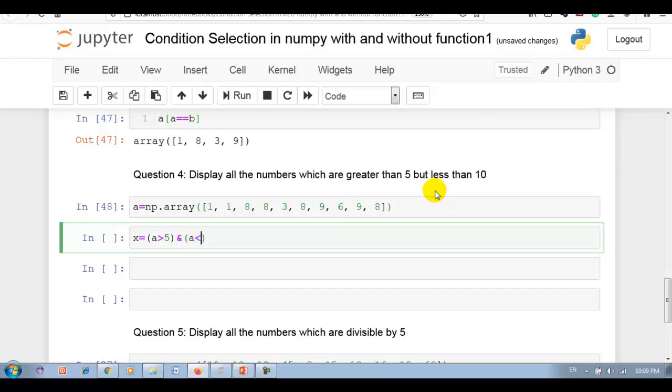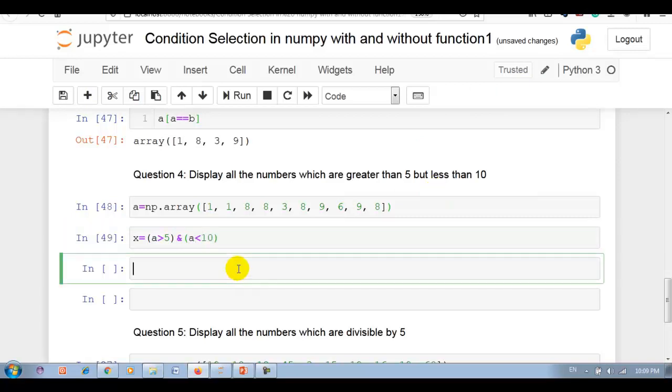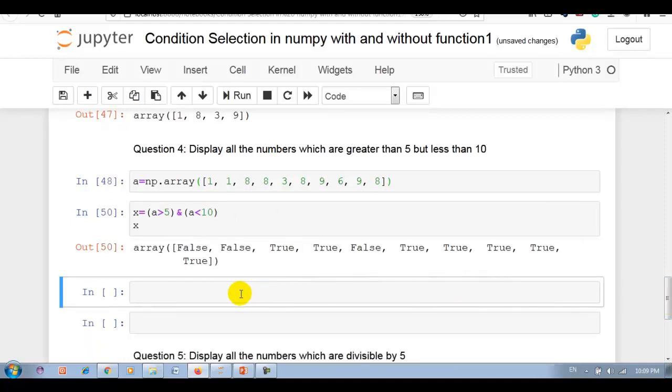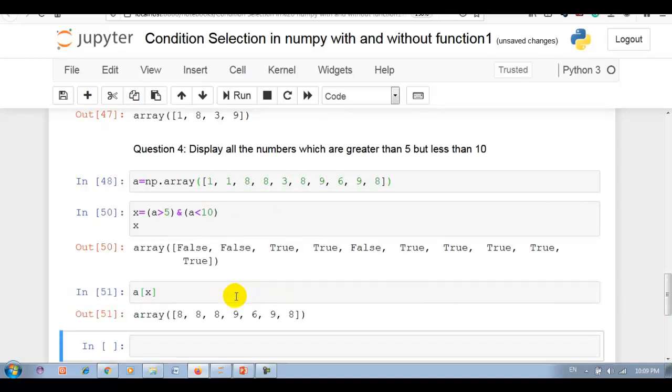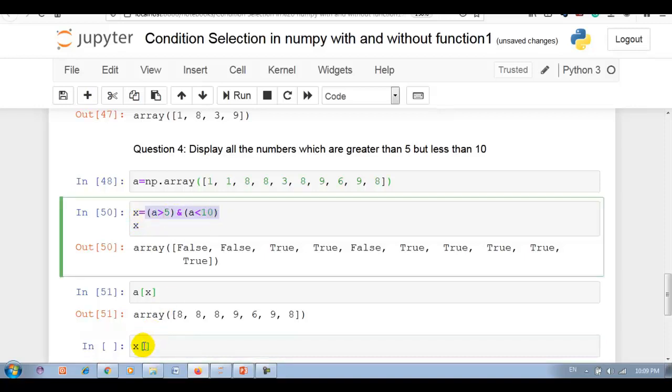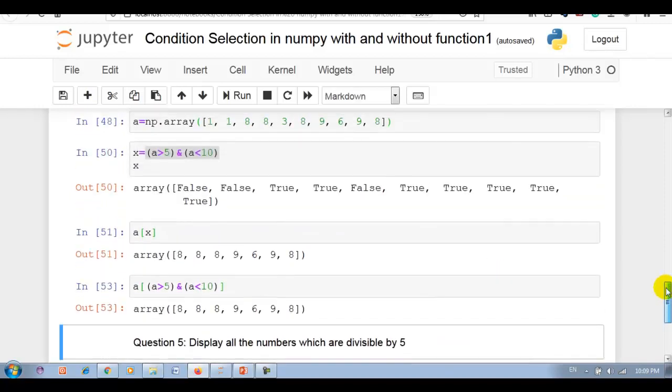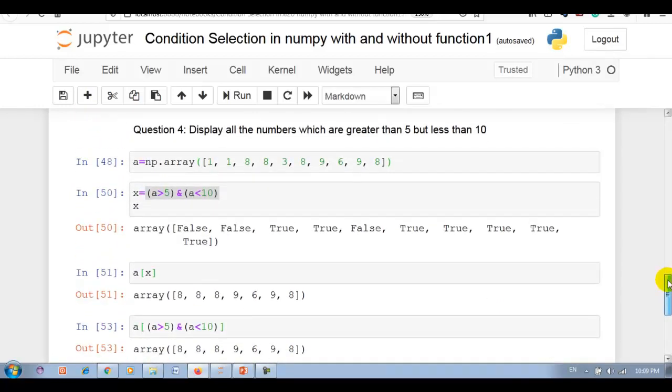So from A, if it is less than 10, here you can see again x contains boolean values that we have to pass into array x, right? So now you can see these are the numbers which are greater than 5 but less than 10. As I said, again you can pass this condition directly inside the array just to combine two statements into one statement like this. So now here you can see in one statement it displays all the numbers which are greater than 5 but less than 10